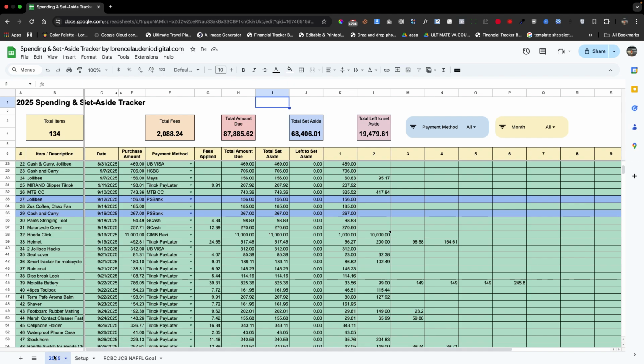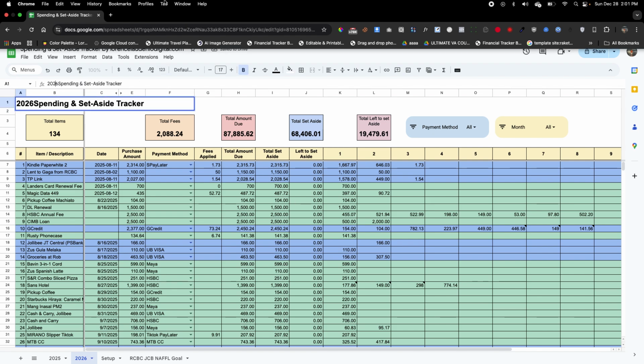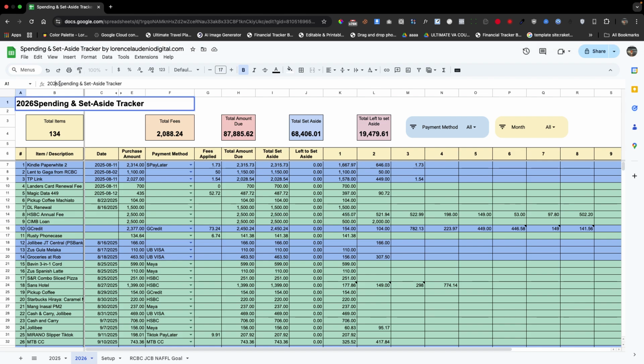Next year I will be tracking again, so I will have to duplicate this, and then I will just rename it from 2025 to 2026, and replace the titles from 2025 to 2026.